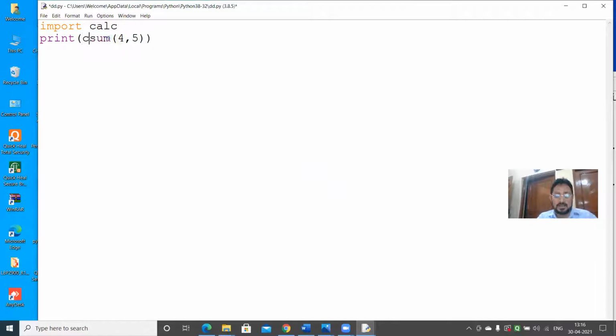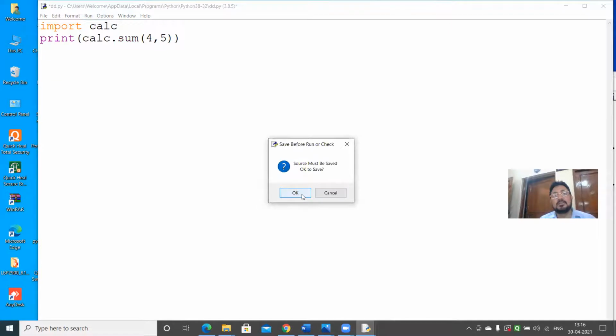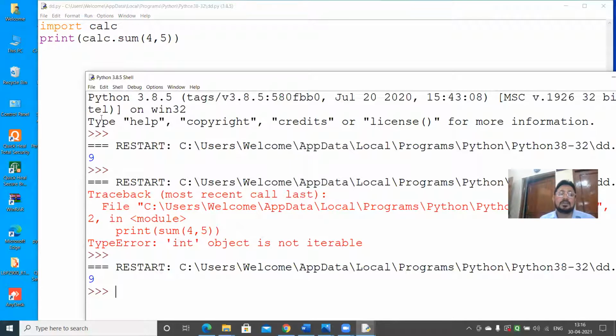When you write calc dot, it will show all the functions of calc in a list. You can select any of these. So I have selected sum. Once you run this program, you see the result is displayed.